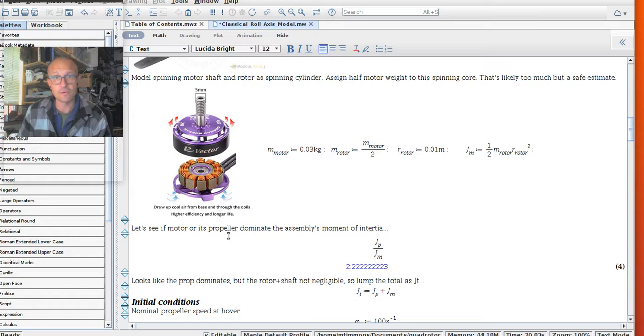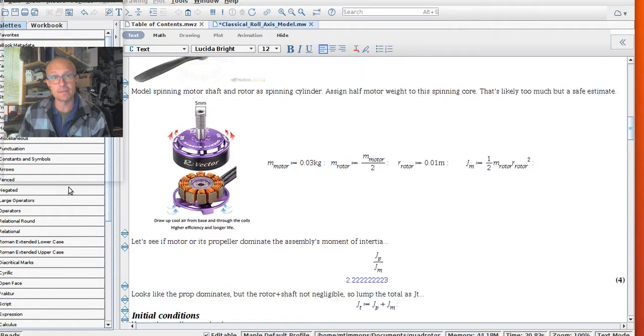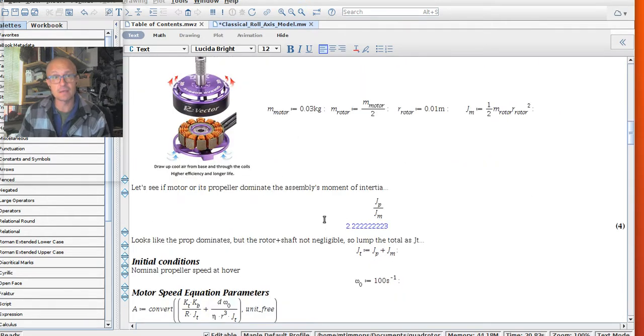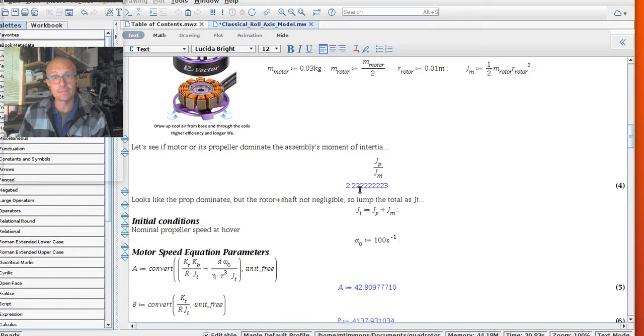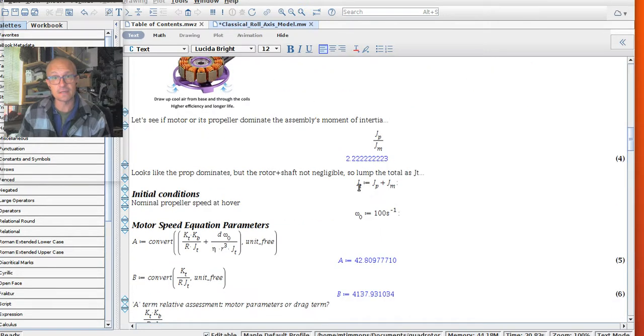Is it the motor or the propeller as far as moment of inertia? It actually looks like the propeller dominates, even given these assumptions, but nonetheless, not significantly so, by a factor of 2, as I assumed here. So I just take the total moment of inertia of the motor propeller combination as the sum, and so that's